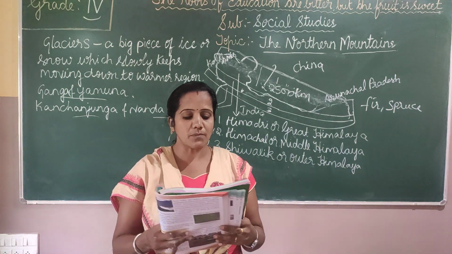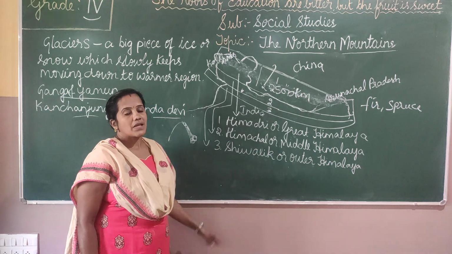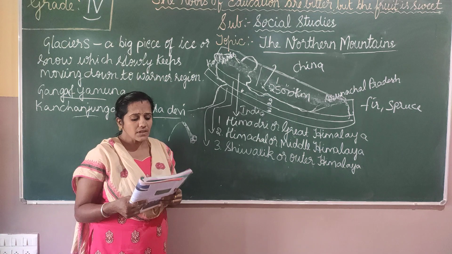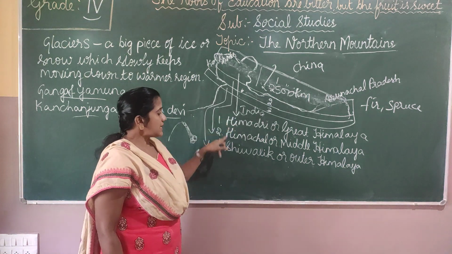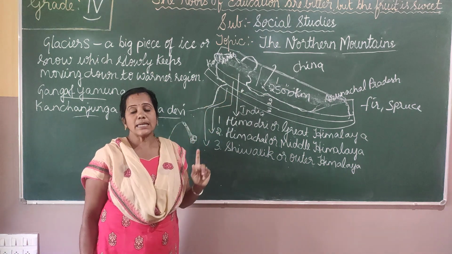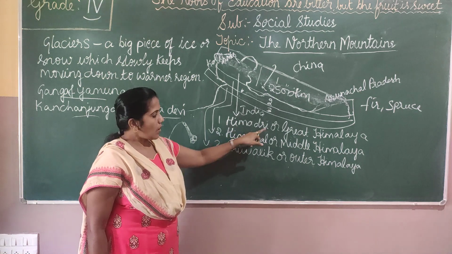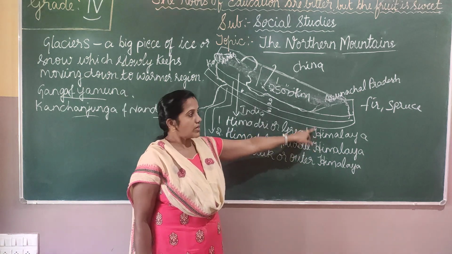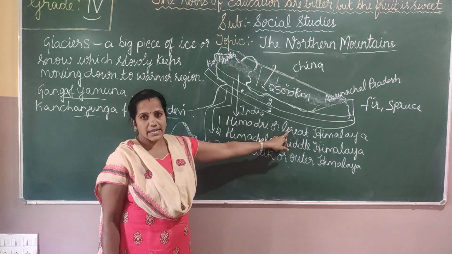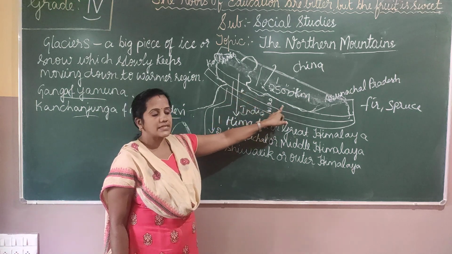Okay children, so this was about Himadri or Great Himalaya. Once again I will repeat this. The Himalaya has three parallel mountain ranges. The first parallel range we call Himadri or Great Himalaya, and the second parallel range is called